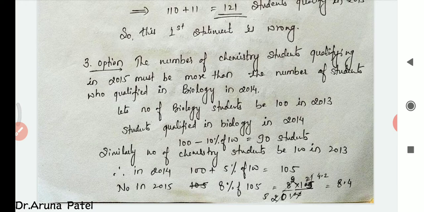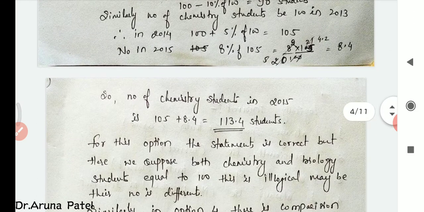Now in 2015 it is 8% of 105. For 2015 the previous year is 2014, so in 2014 the qualified students are 105, and taking 8% of 105 you get 8.4. On adding, the total number of students in 2015 is 105 plus 8.4, which equals 113.4 students. So for this option the statement is correct, but why have we not taken it in the inferences? Because